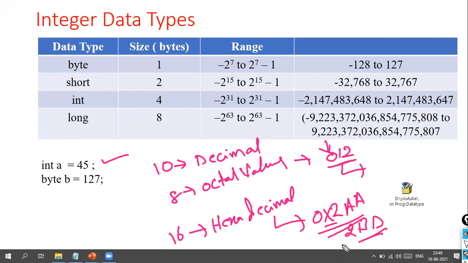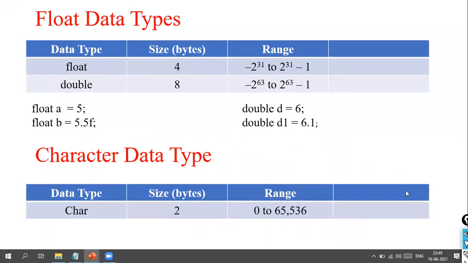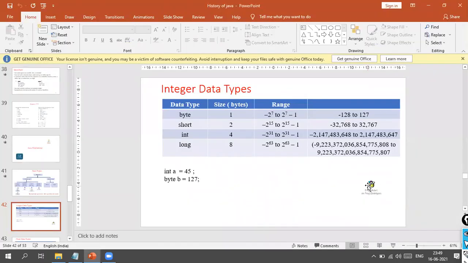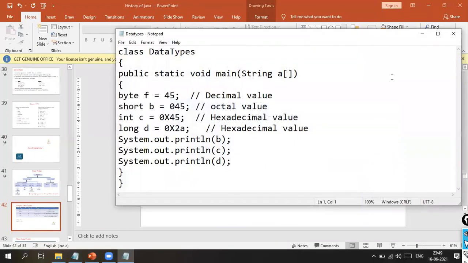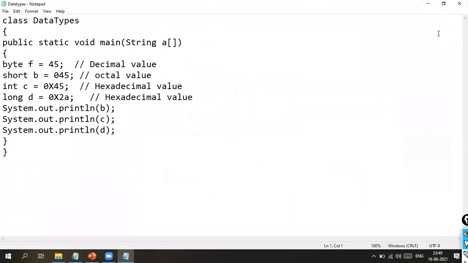Now let's look into the programming or the execution of integer data types. This is a class with the name DataTypes.